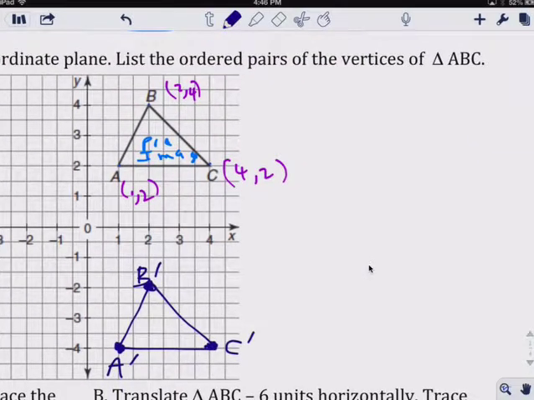They should be congruent. Now I need you to know this word, congruent. Okay, check to make sure your triangles